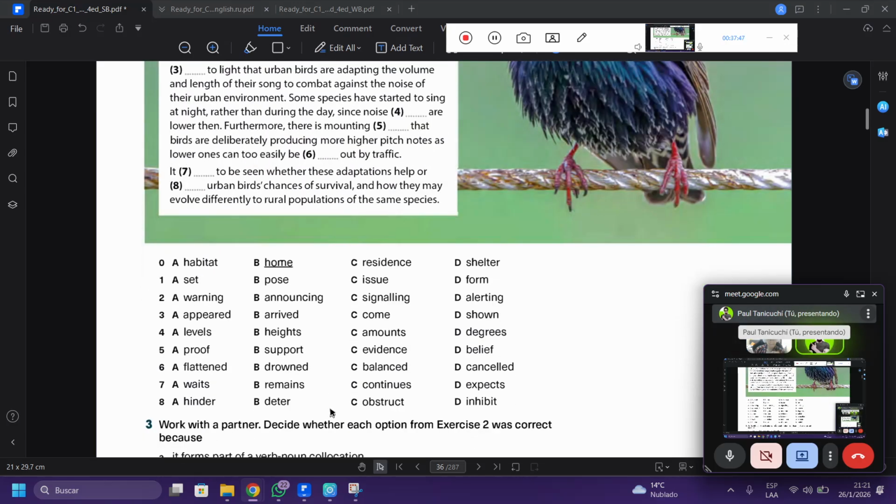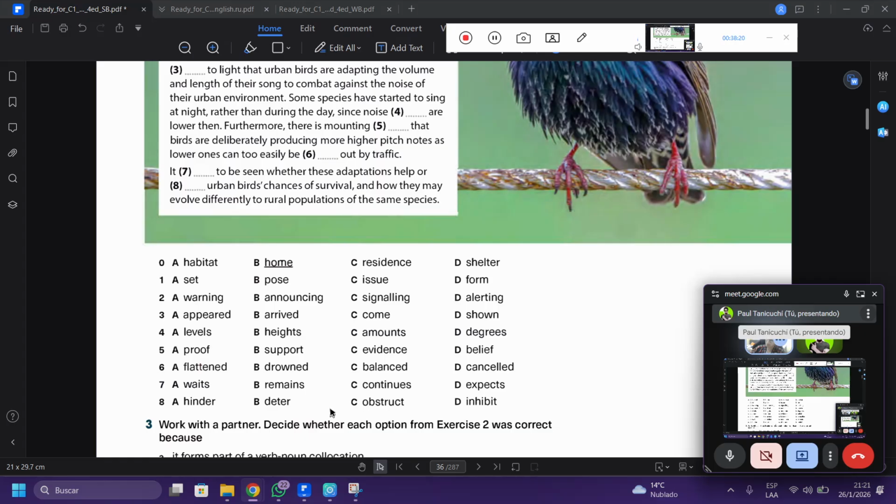Number seven: it waits to be seen, it remains to be seen, it continues to be seen, or it expects to be seen. Whether these adaptations help or... It expects to be seen. No, it is not the right answer. In this case, this phrase is very common. It remains.